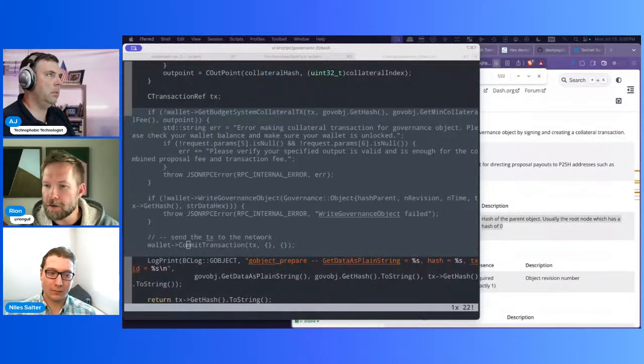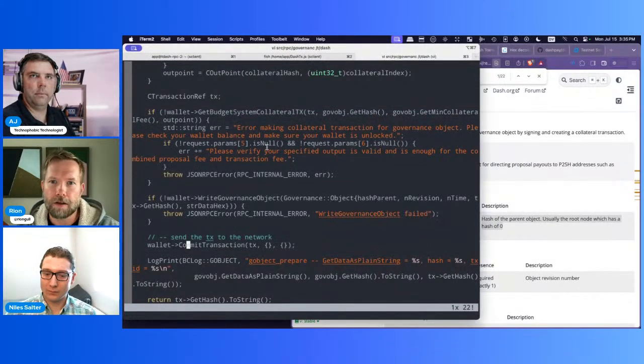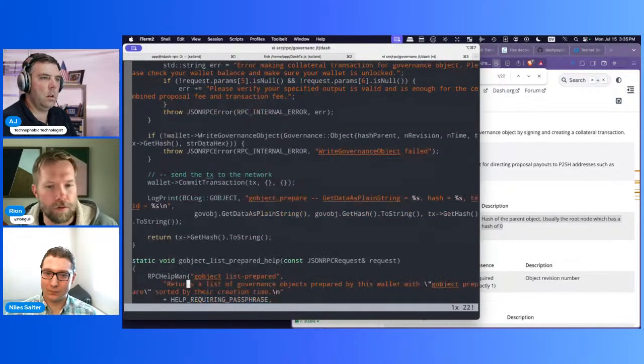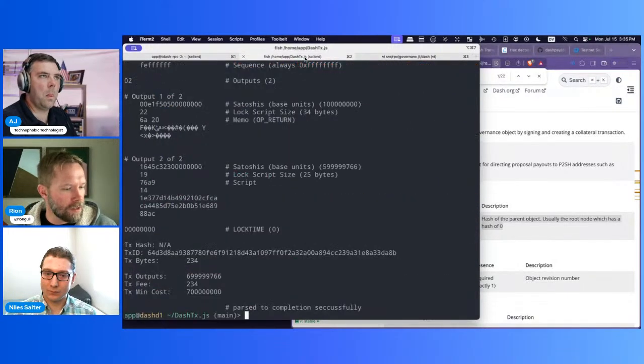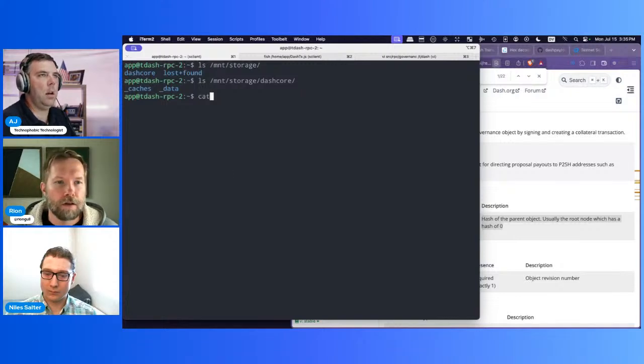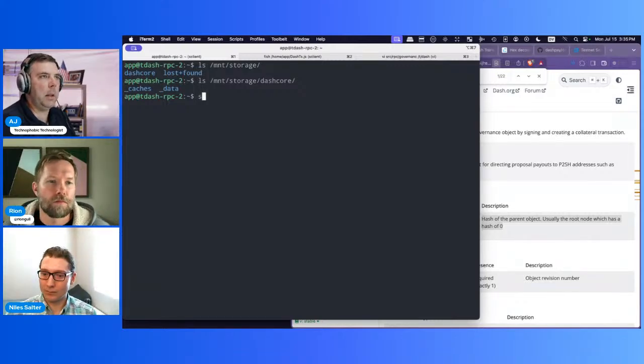AJ, you might have to be getting going soon here. Yeah, what's the status of our testnet node? And then can we pick this up either later today or another day? We could probably, I'm not sure yet. We could definitely pick it up another day. I don't know if we can pick it up today yet. But if somebody wants to give me a key,